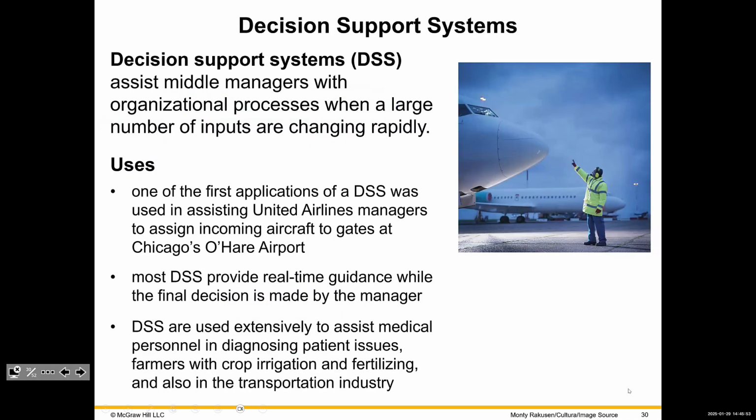So then you have decision support systems. These are what most companies use, right? And here's where your middle managers come in, and we're trying to figure out how to put all the inputs together. ERPs could be part of this, like Chicago.